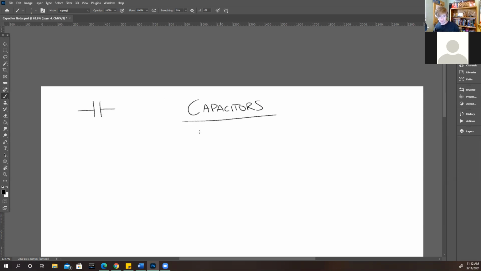Let me see if I can find a picture of it real quick. In a capacitor, the charge will be stored on these plates,